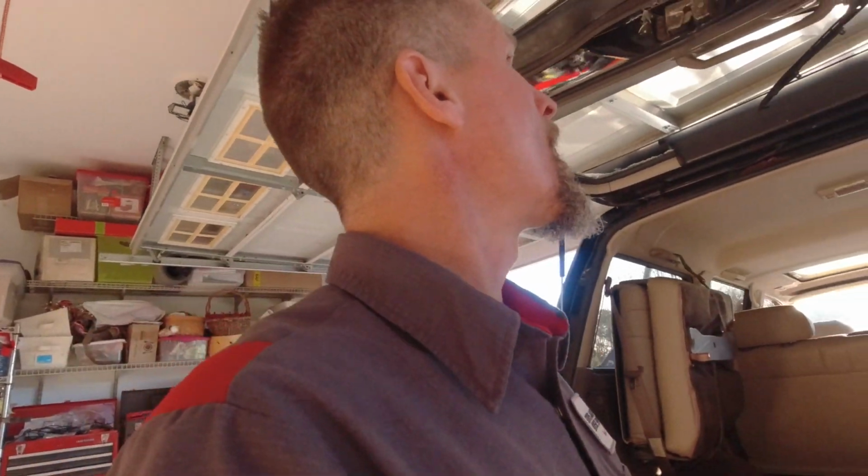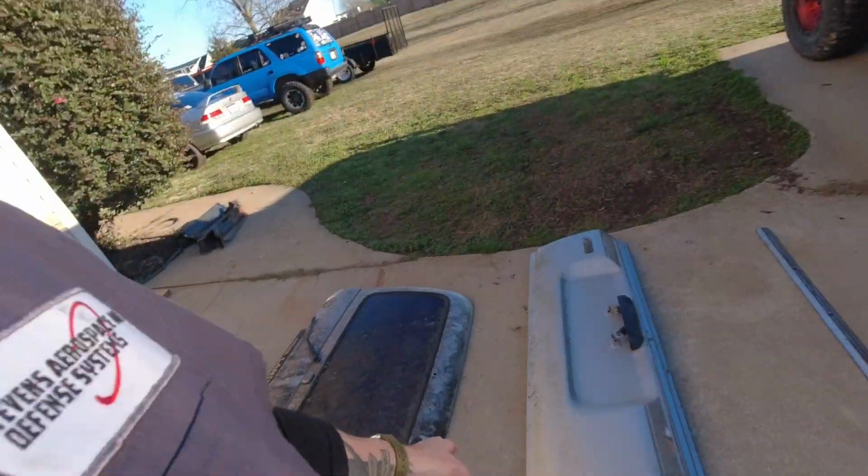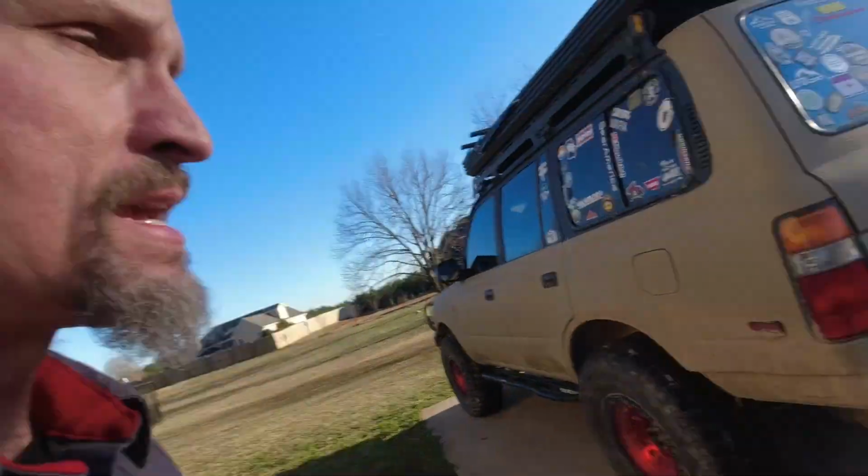Typically those parts go for about $500 each plus shipping, which is also outrageous. So I'm very happy with the deal that I got. The tailgate that you see there in my driveway is not going on this Land Cruiser. I still need to find a hatch for it, because the one that is laying right there has to go right here,